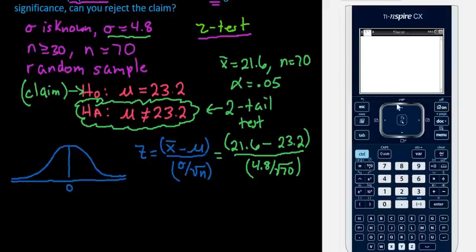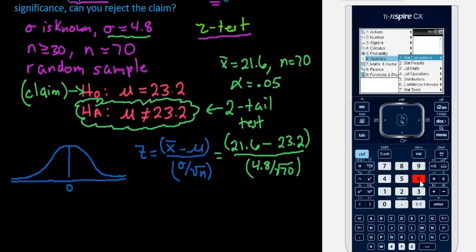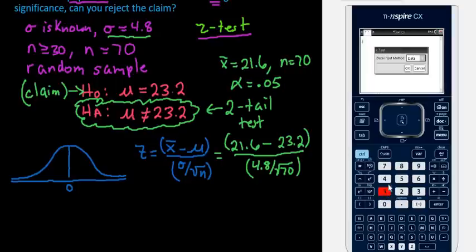So I'm just going to go to a calculator screen and hit Menu and go to Statistics, which is option 6. And then I'm going to choose option 7, which is the Stats test, and option 1, which is the z-test. And then it's going to ask you, do you have the data? If you have the data to put in a spreadsheet, that's what you would use that for. But we have the statistics. We already know what the sample mean is